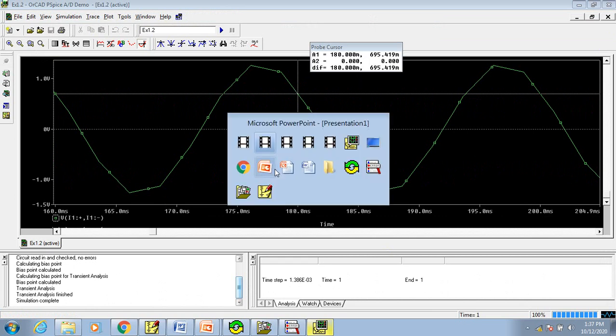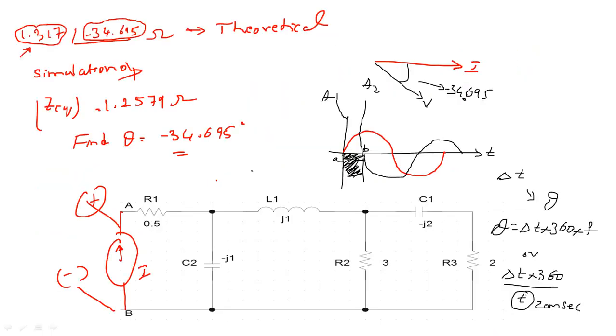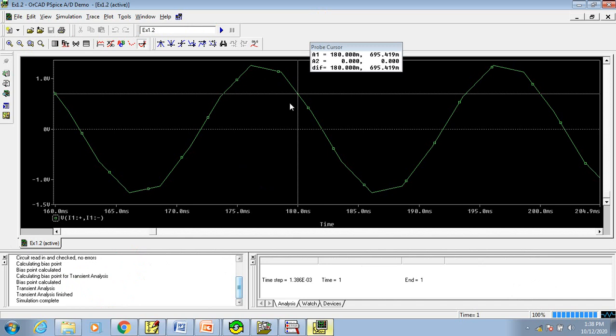So let me compare with the waveform that we had shown. So you can see here, this A1 cursor is where I have placed. This A1 cursor is what we have done, place our reference as 180 milli, right? And here we have to place at this zero crossing for A2 cursor, and the code for that is SFLE, search forward along y-axis for the value 0, because you can see at this x-axis the value of y is 0. So let's go to PSpice and do that.